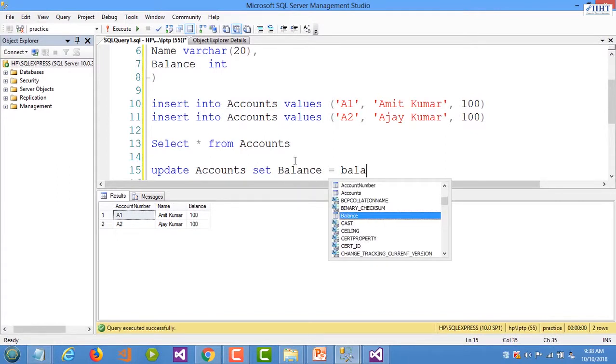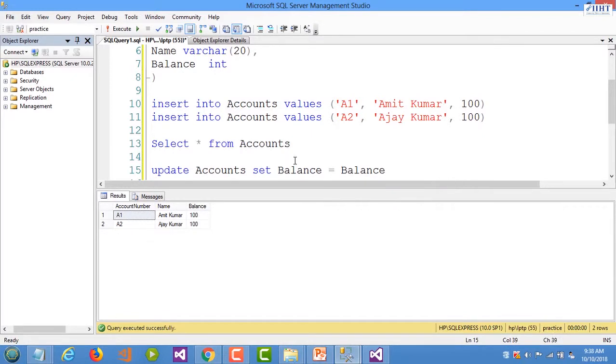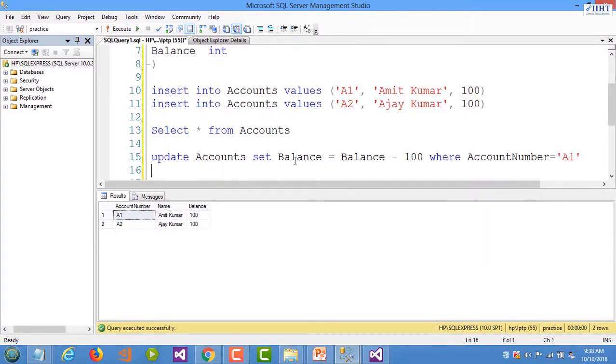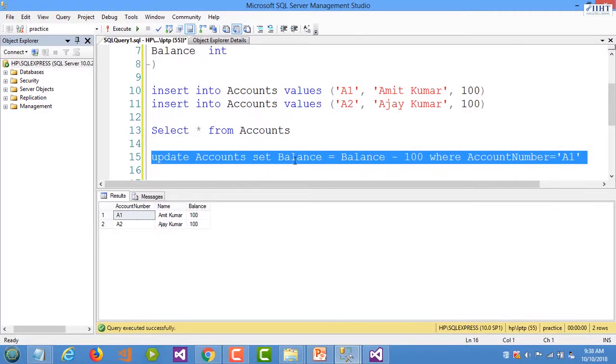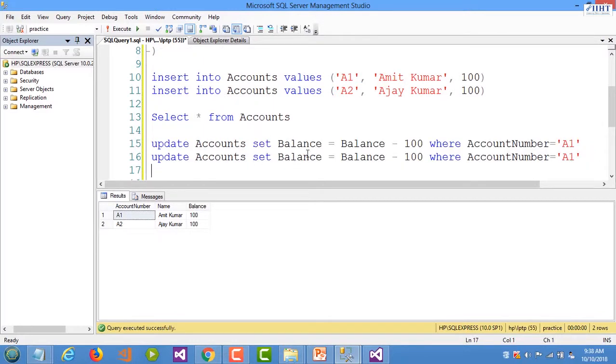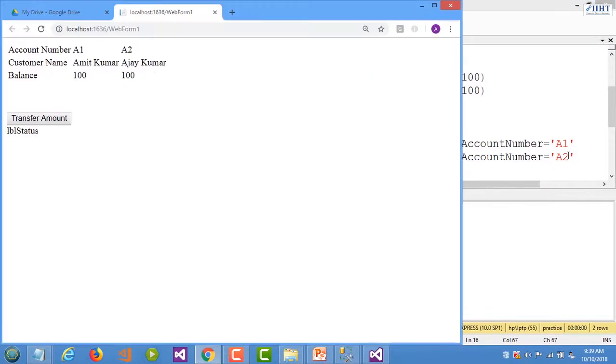balance is equal to balance minus 100, where account number is A1. The second record, we wanted to increase it by 10. The account number is 2. Okay. So we wanted to issue these two update statements together now. So let's again go to Visual Studio. So when I click on this button,